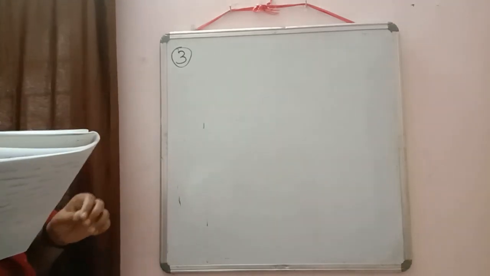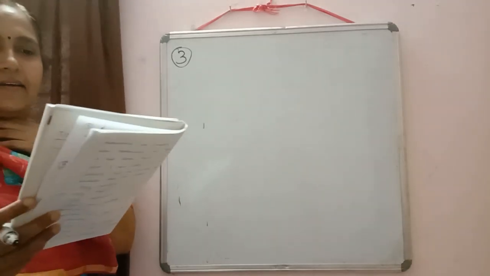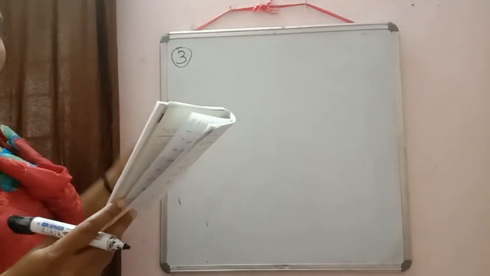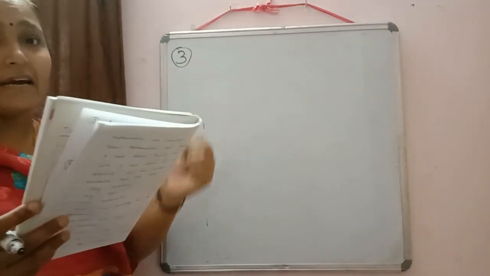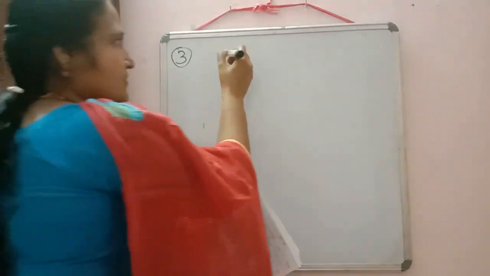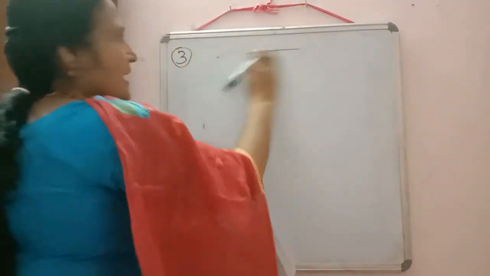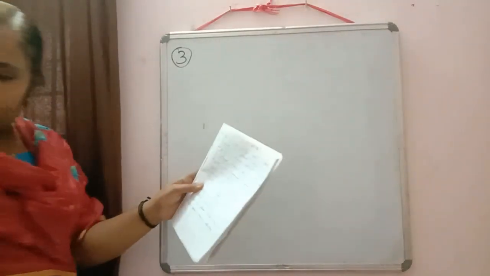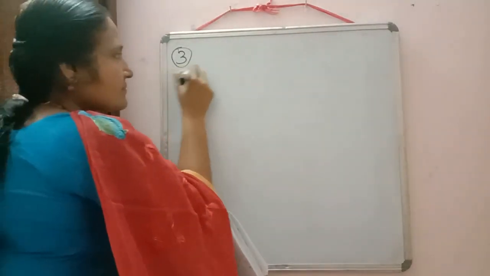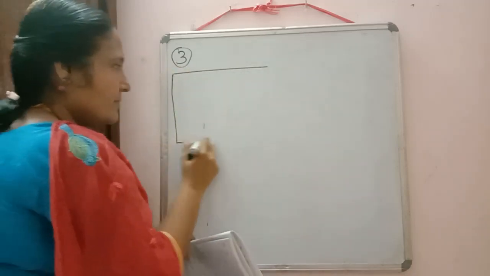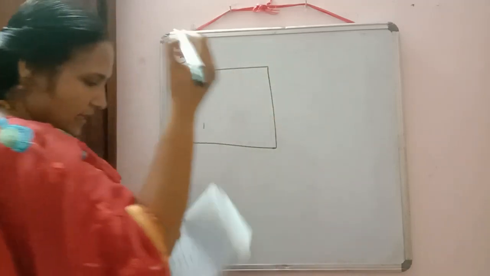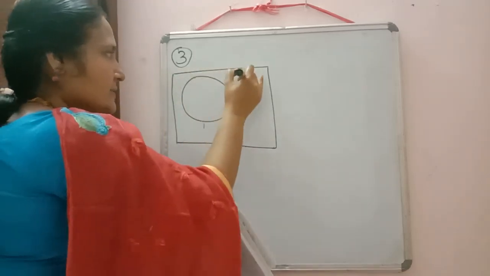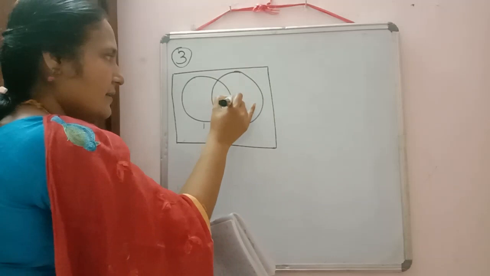Next, again in a university, out of 100 students, 15 offered mathematics, then statistics and physics. So again we have 3 subjects here. So first only I can draw the Venn diagram. In left side I can draw, so that it will be easy. I will get some space to write on the right hand side also. So we have 3 subjects here: mathematics, statistics and physics.